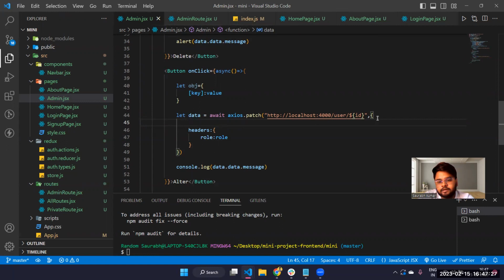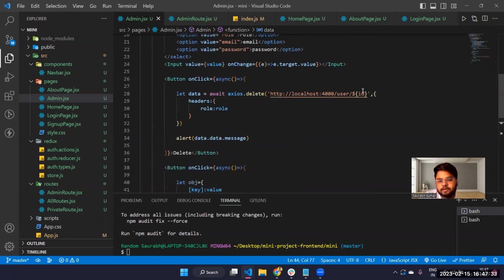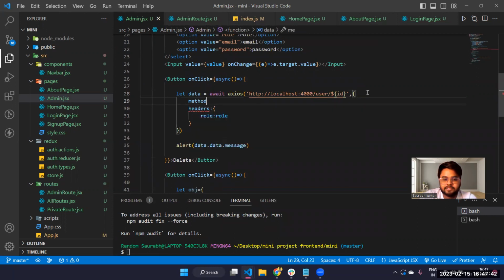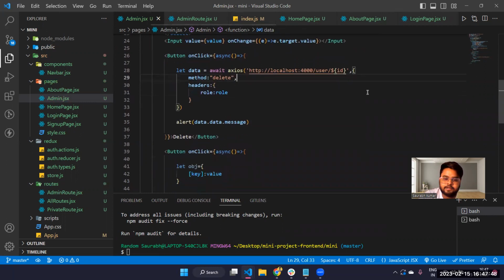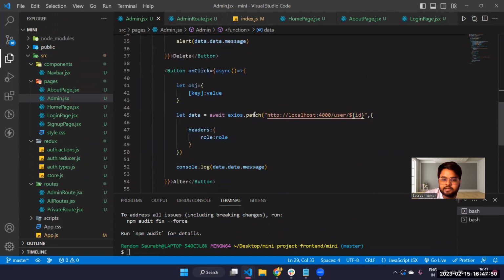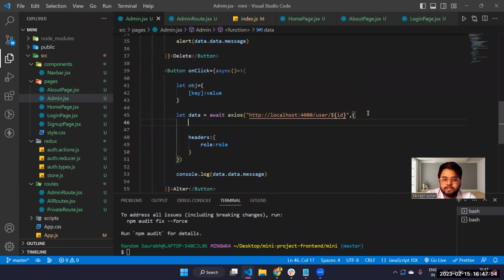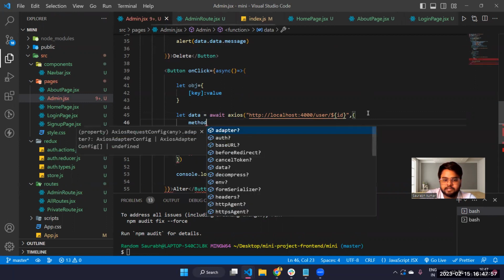Why it's not taking? Okay, I think we have to do something like that here. Okay, just don't do like that. We have to pass header, then we have to pass method, and method should be delete here, and same like that we are going to use patch here. So we have to use axios and say method equal to patch,